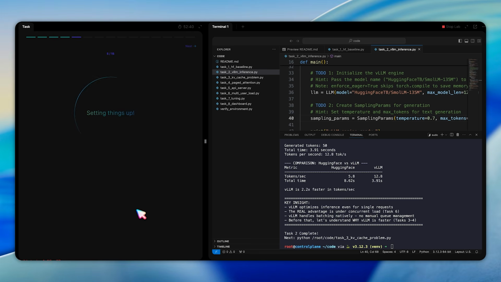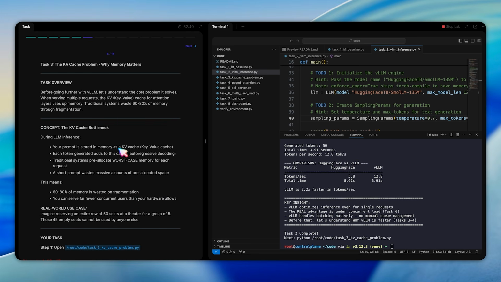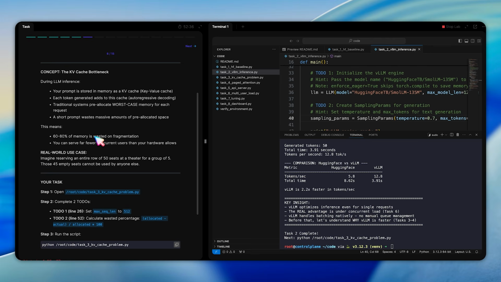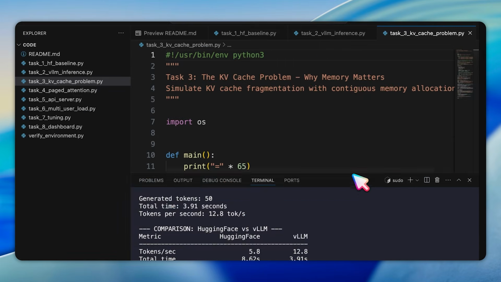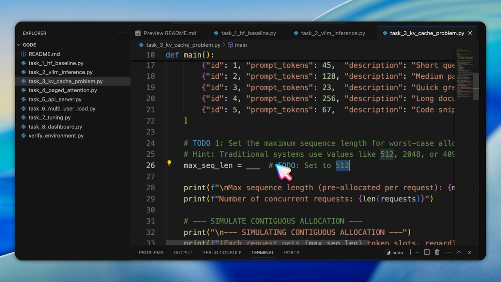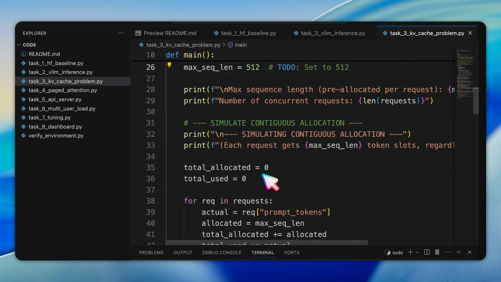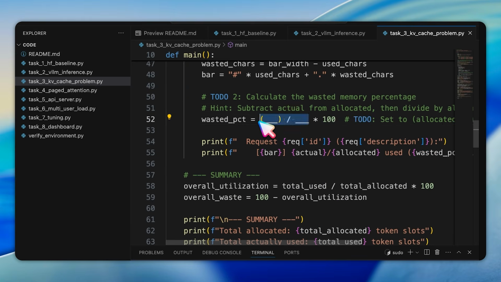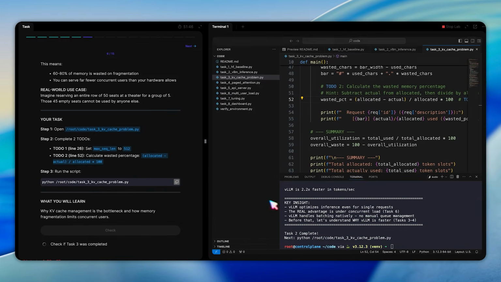Now we move to task 3, which is about understanding the KV cache problem. Open /root/code/task3_kv_cache_problem.py. You need to complete 2 to-dos. At line 26, replace the blank with 512 to set the maximum sequence length. At line 52, replace the blank with (allocated - actual) / allocated * 100 to calculate the wasted percentage. Run the script with